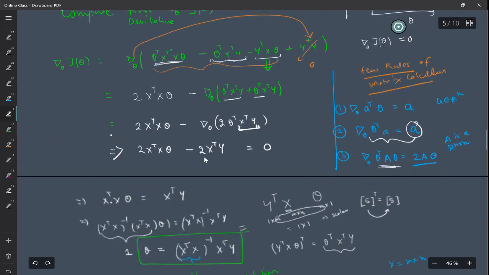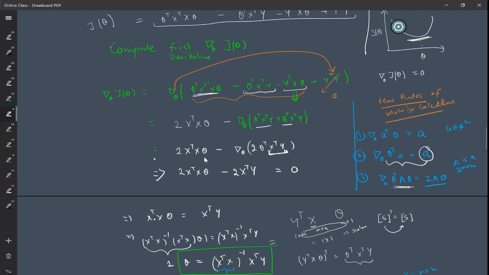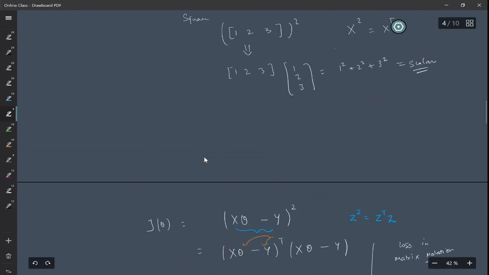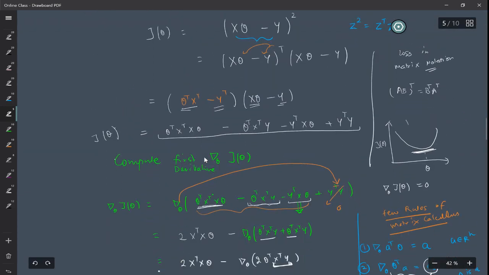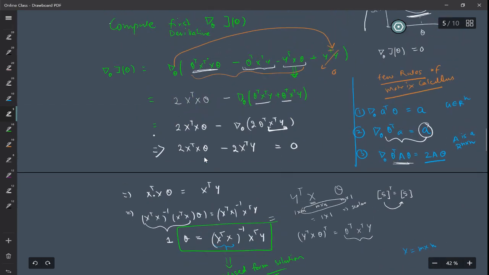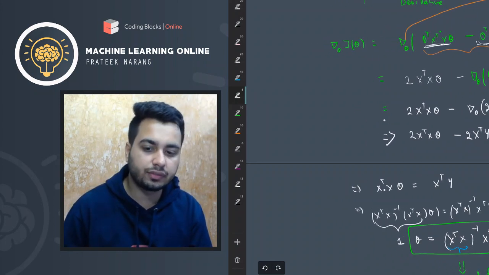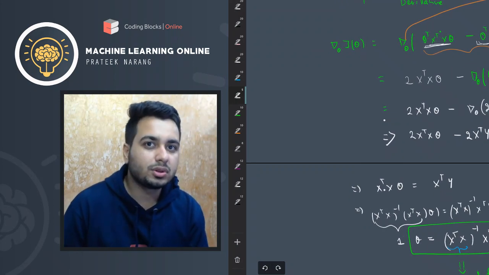So we started from a loss function. We saw how to minimize the loss function. So the loss function has a minimum when this derivative becomes 0, right? So we need to make this thing 0, and we find out that value of theta which minimizes the loss, right? So I hope this entire mathematics of closed form solution is clear to you,